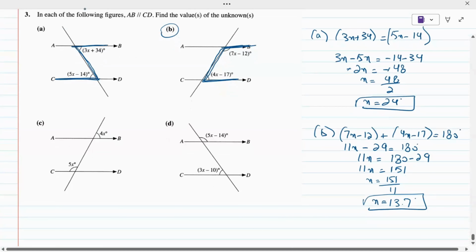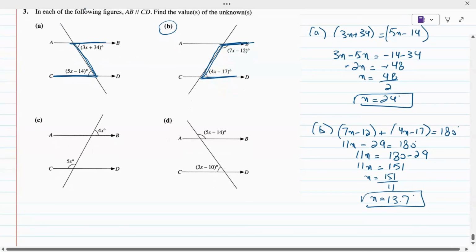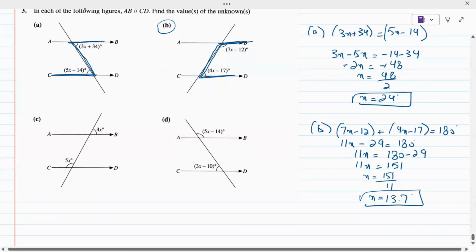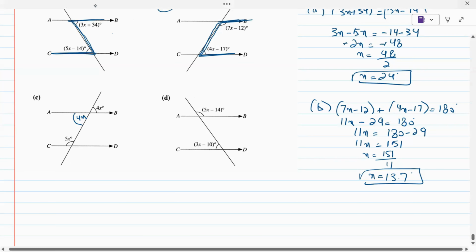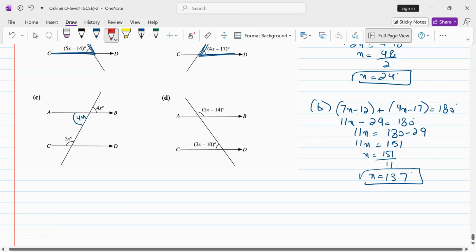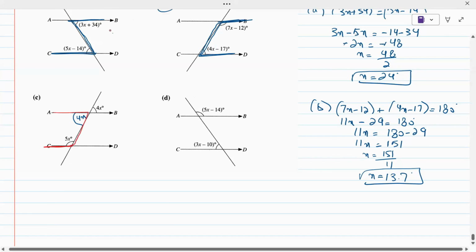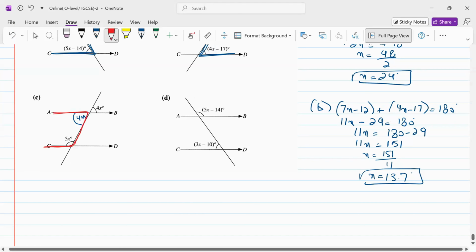Talking about part C. The part C here, we cannot see any direct connection between 4x and 5x. But since these are straight lines intersecting, we can say that this angle is also 4x because the two lines are intersecting. And after identifying this as 4x, we can see the letter C being formed here in the opposite direction. So now we can make the equation as,